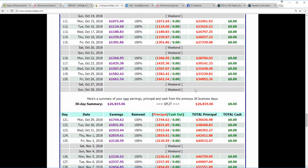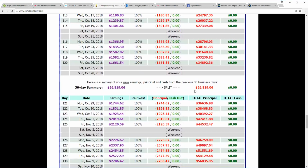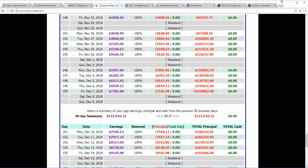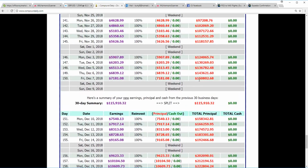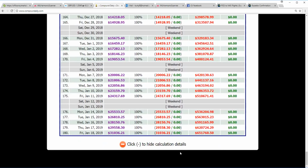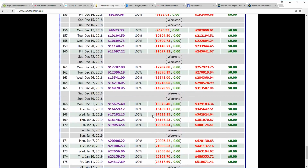After 120 days, your account has grown to $34,892. And I'm telling you guys, look at this. In 150 days, your account has grown to $150,802.68. Just consistency. And eventually, once you master this strategy within the period of 180 days, you will be able to have an account potentially that has grown to $651,760.50. Ladies and gentlemen, the Compound Daily is going to be your number one friend, because every day before you